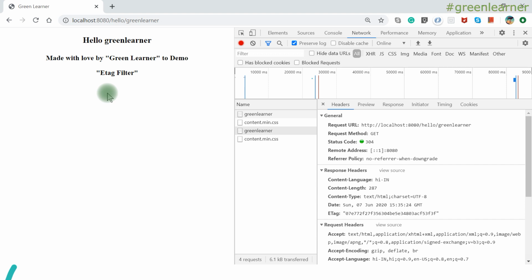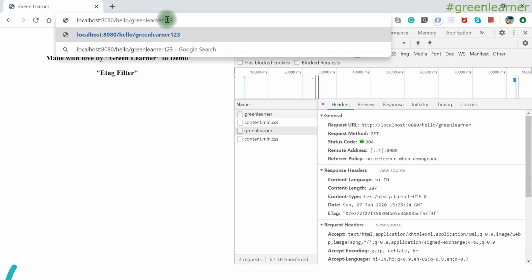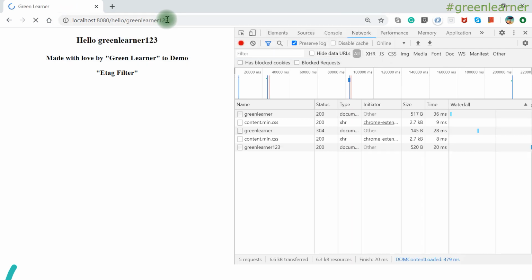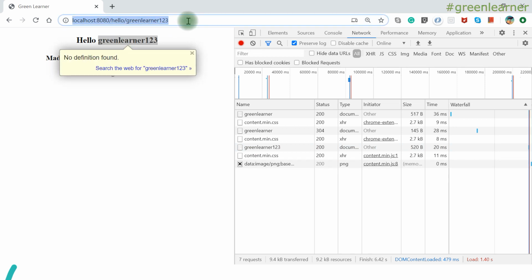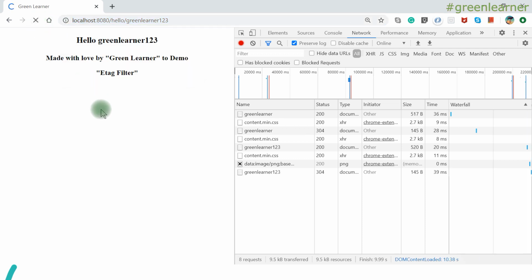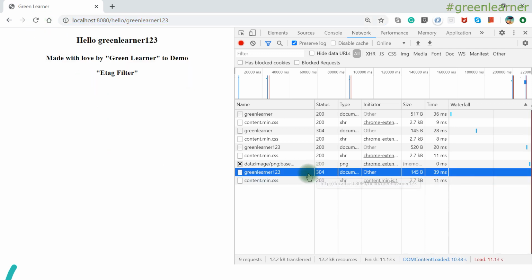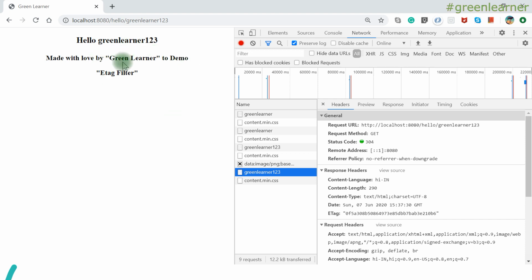If I show you the same request with Postman, then it will make more sense. So let me go to Postman and see the same request. Before proceeding to Postman, if I change this value, the response that we are getting out of that will be again 200, right? That response matters, right? So now it is changed. It is going to take care of that internally. If I hit this again we are getting 304. So only when the content of the response is changing is it going to be applicable, right? So now let's go to Postman and see.